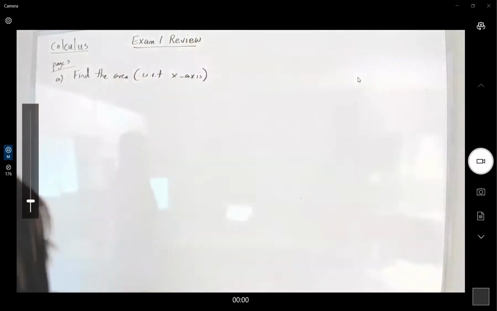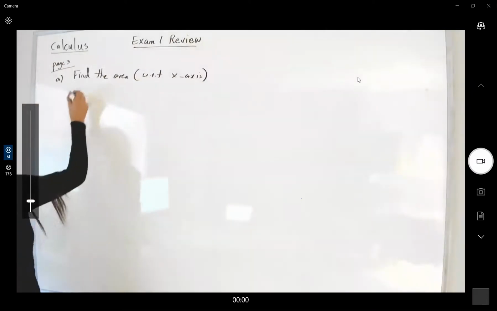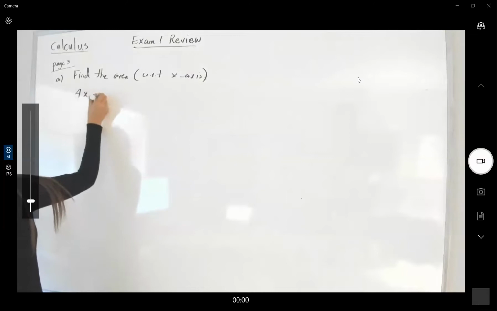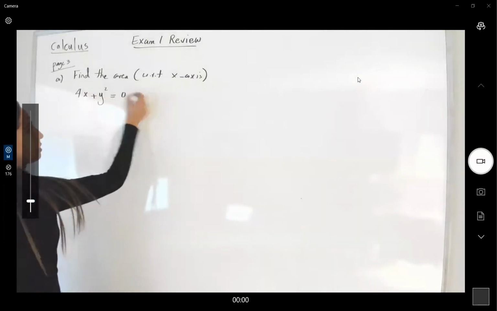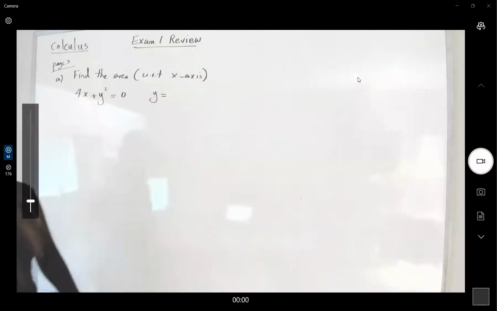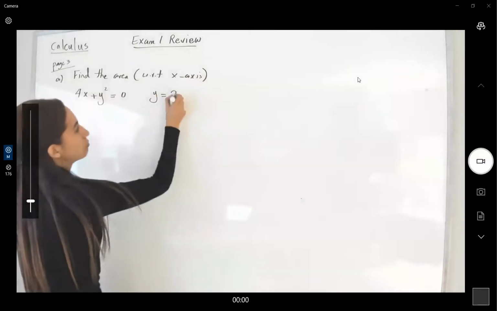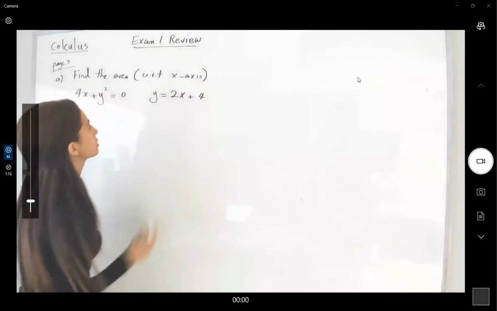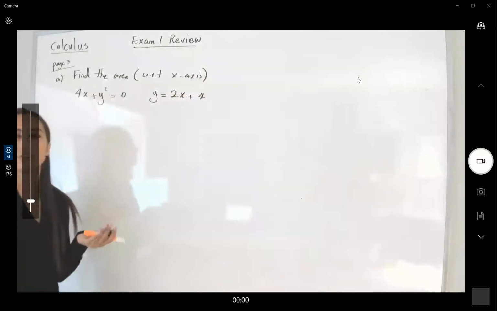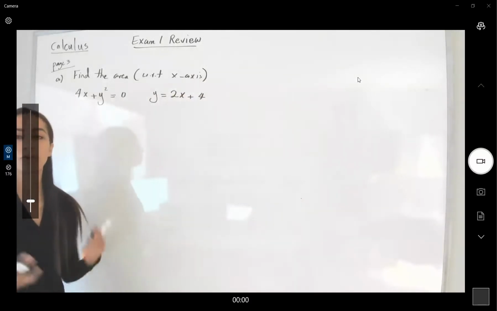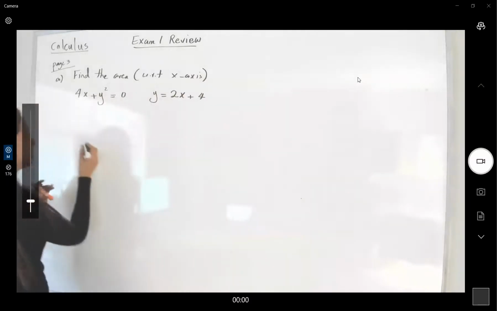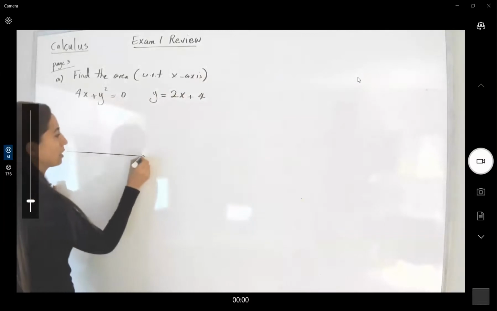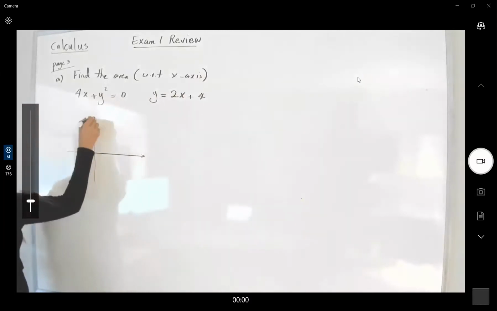So what do we have here? We have 4x plus y squared, which is equal to 0. And the second guy is 2x plus 4. So when you're taking the integral, the very first step is to visualize the region and the boundaries that you have. So if you want to take a look at this here, you have a line,